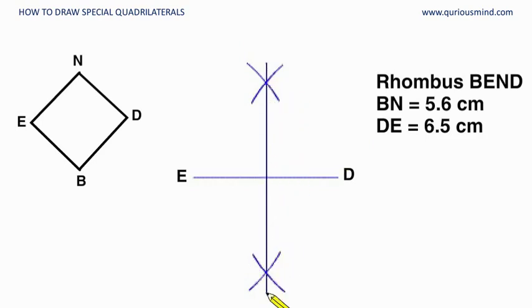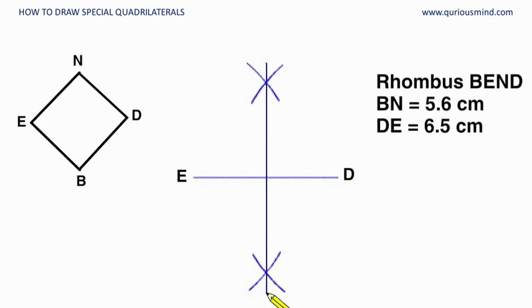So what we have done is we have bisected DE, and the line which is there is actually a perpendicular bisector. That clearly indicates that the second diagonal is going to be on this line, because diagonals bisect each other at 90 degrees. So now the measurement of the second diagonal is 5.6 centimeters, and it should lie half on this side and half on this side, because ED has to bisect this diagonal also. So we will take half of this. Half of 5.6 is 2.8.